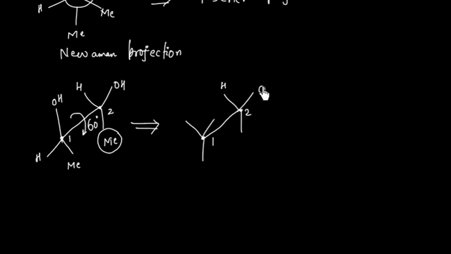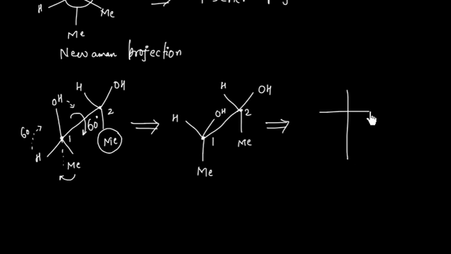So let us put groups on 2. Now in this case methyl will be simply rotated by 60 degrees, so it will come somewhere here. So we will have methyl here. H will be rotated by 60 degrees, so we will have H here, and OH will be rotated by 60 degrees, so we will have OH here. This time again we can make the Fischer projection formula. Methyl, methyl on the bottom side. We have hydrogen left, OH right, hydrogen left, OH right. So this compound is again having a plane of symmetry, so this is meso.